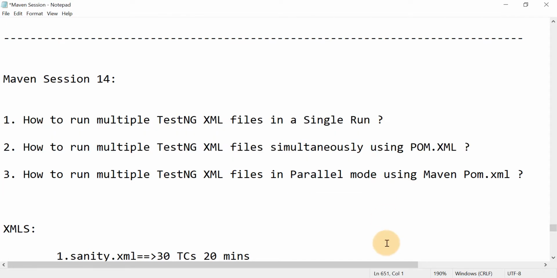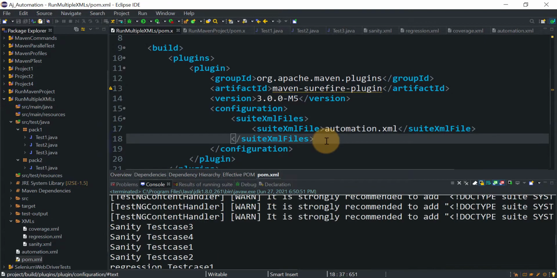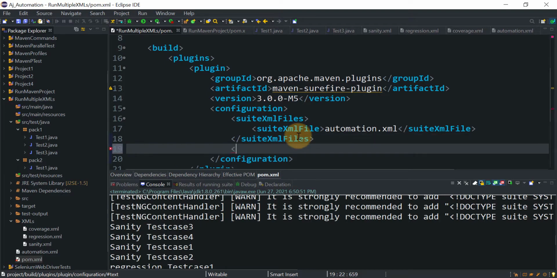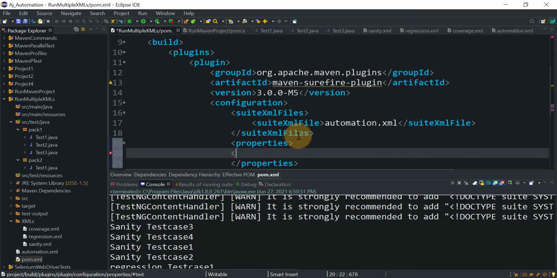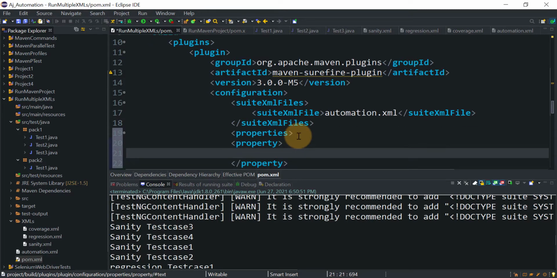So to run in parallel mode, under the configuration where we have provided the suite XML files, you need to provide some properties here. So I will add properties. Under properties you need to add the property tag, and you need to provide the name and value of the property. First we will provide the name.